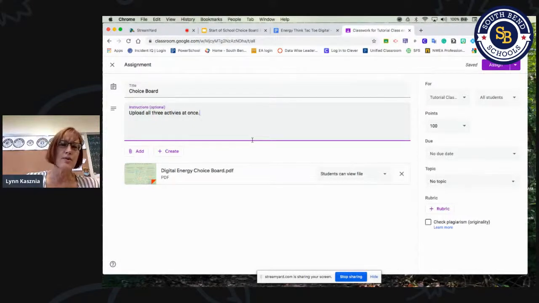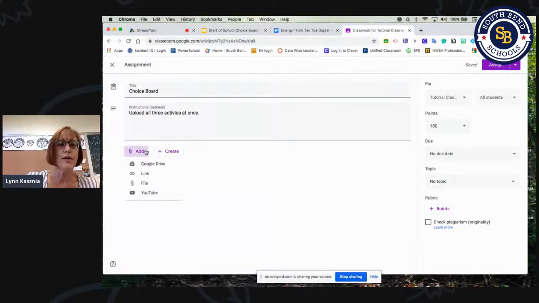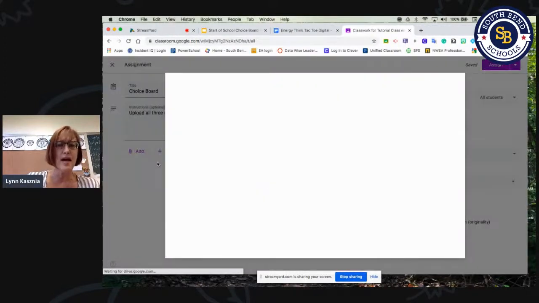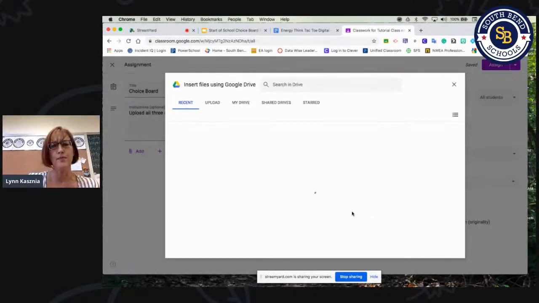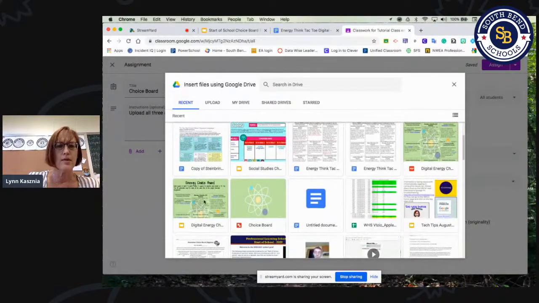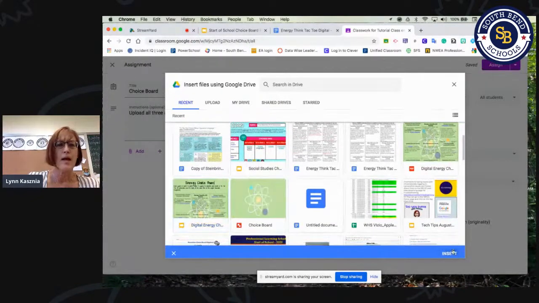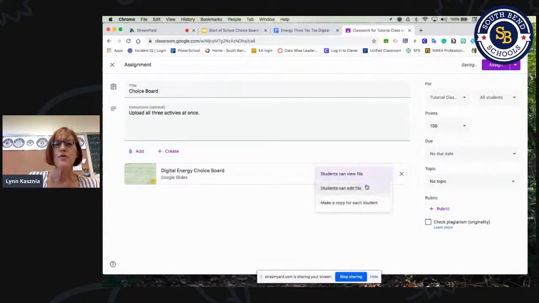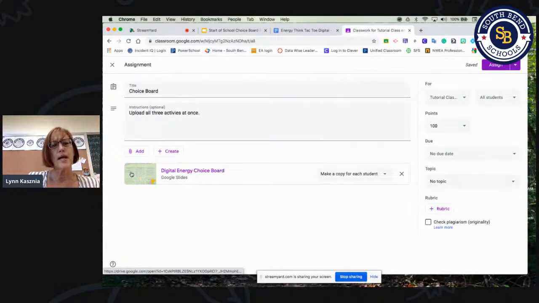The other option is instead of doing a PDF, you could add the actual document itself. Of course, I'm going to go real slow here. You could actually do the digital choice board, and I would make a copy for each student. So each student would have their own copy. And then you could say,